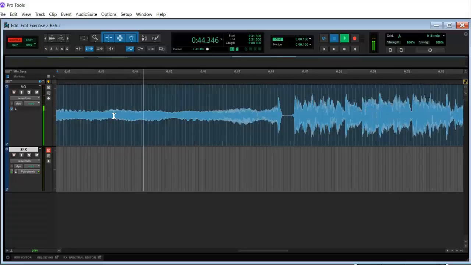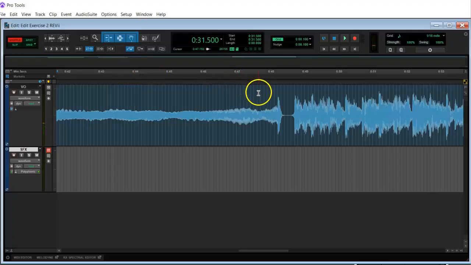All right, now we have a music example, and what happened here is it sounds like the CD started to skip. So we need to go ahead and get rid of all of that stuff, but in this case, we have to do that cut right on a beat so that we don't lose the counts of the music. Let's see if we can do it.